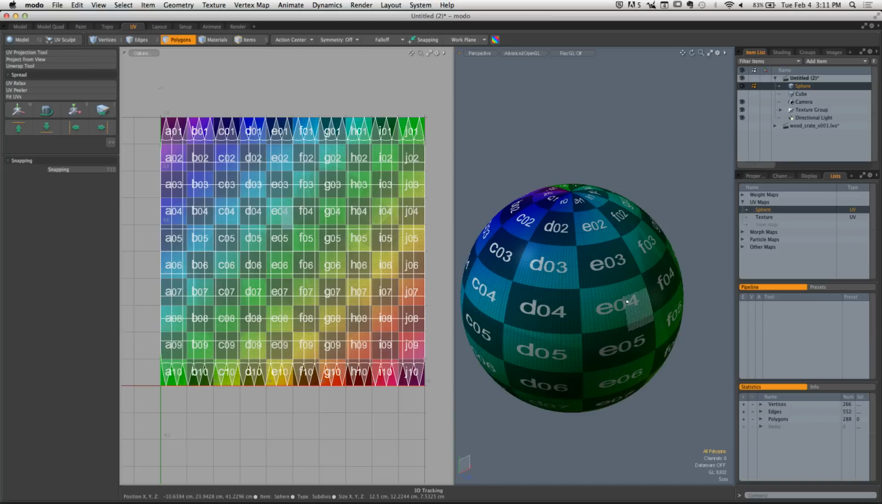So it's not perfect, but it's a step in the right direction. The UV unwrap tool will give you a better result. For a perfect sphere, would you just project from view every single polygon? Or